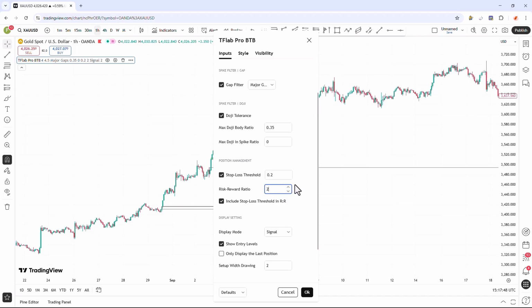In the next section, we can also enable or disable the threshold status in the R-to-R calculations. In the display mode section, we can choose how the signal is displayed between two modes, setup and signal. If we select the setup mode, the indicator